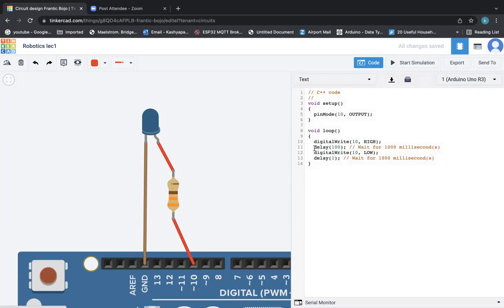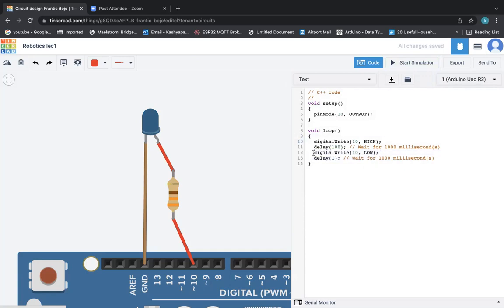And then the other way is by commenting these two out. I don't want this LED to switch off, so I don't need this line there. Is that clear?